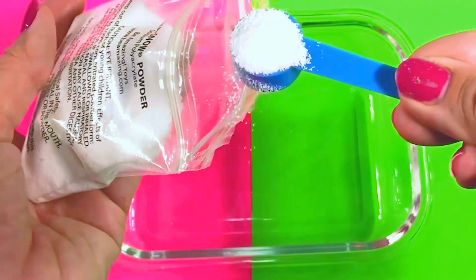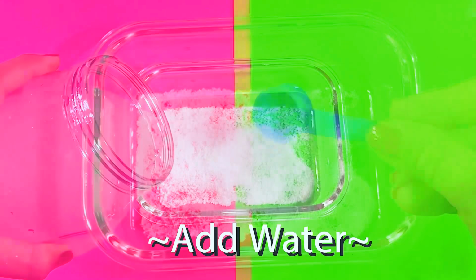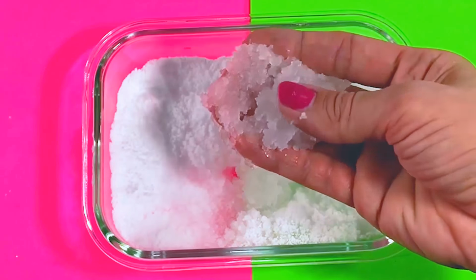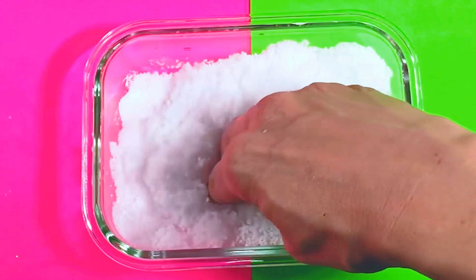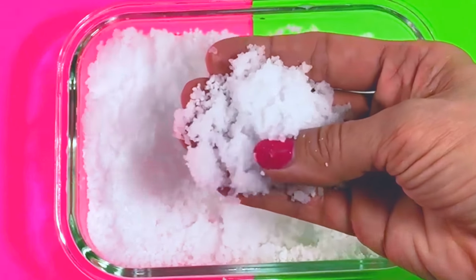This is what you call Insta Snow. I got mine in a box with this science set. I'm sure you can buy this stuff on Amazon, but it is essentially what you get in diapers, so it absorbs any sort of liquid. It can absorb quite a bit of liquid, but you don't want to make it too moist. You want to ensure that it's nice and fluffy,